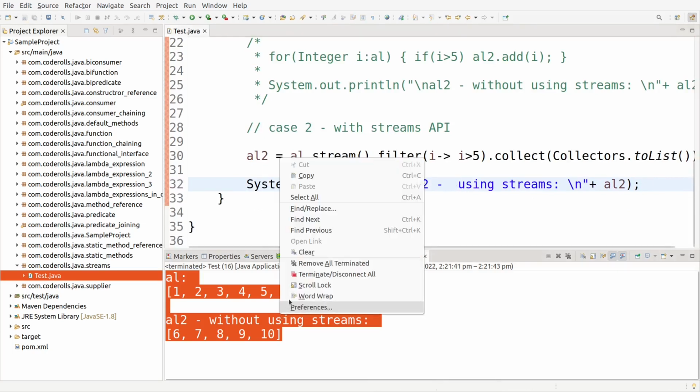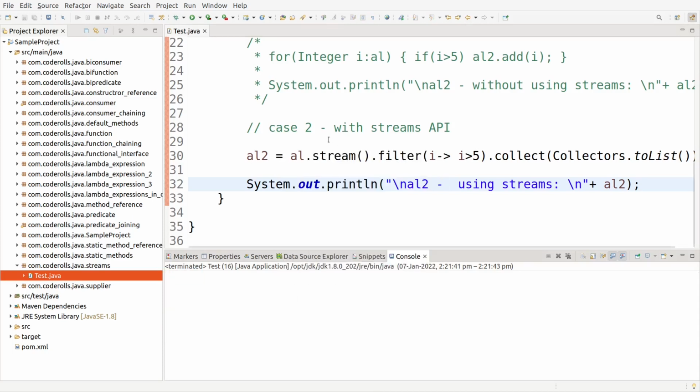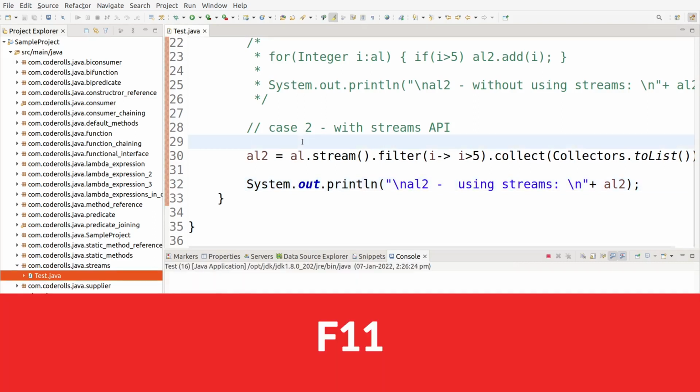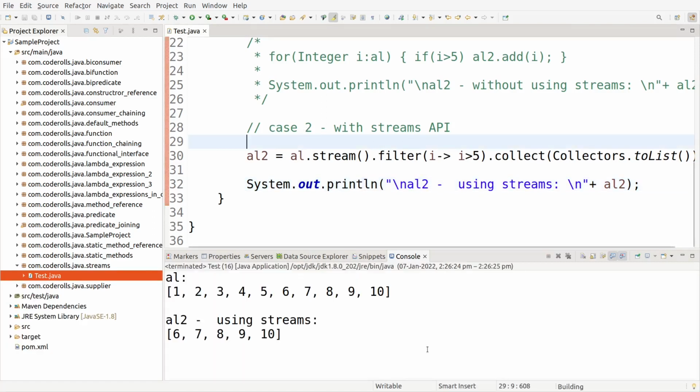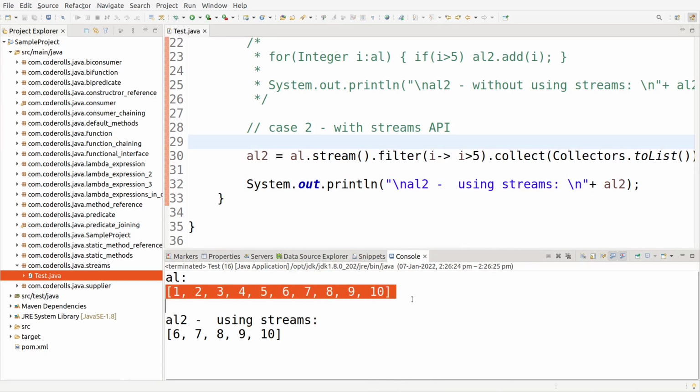I will clear the console, and then run it as a Java application or press F11. You can see we are using streams. This is an array list where we have numbers from 1 to 10 and we are filtering out numbers which